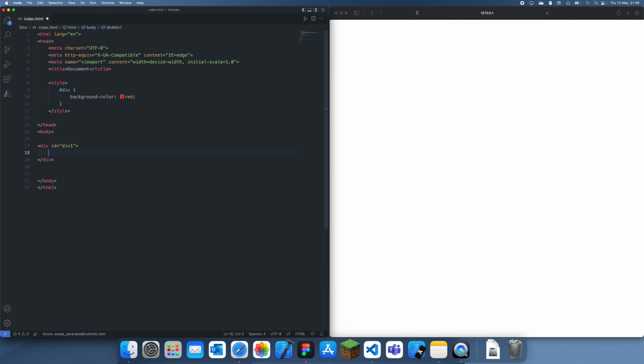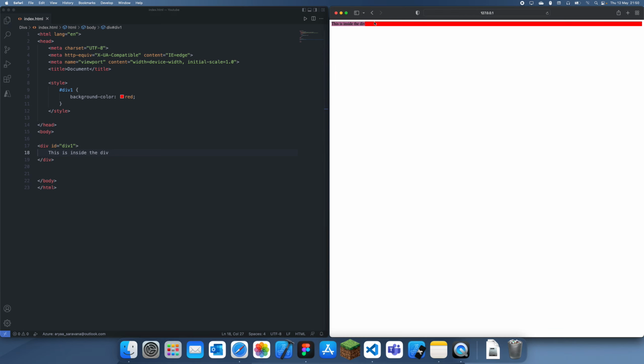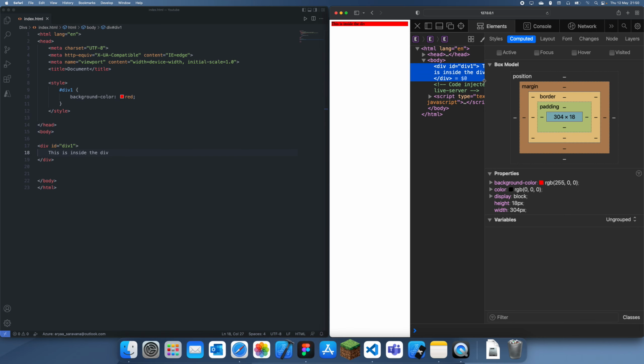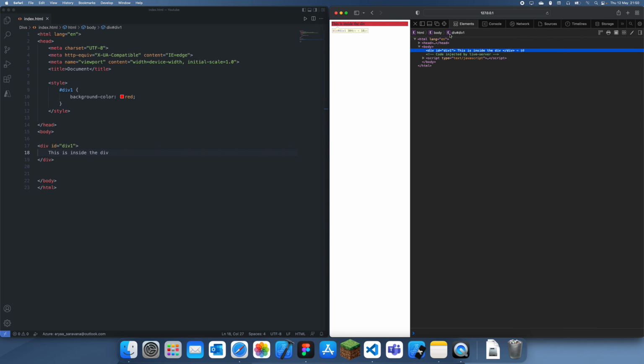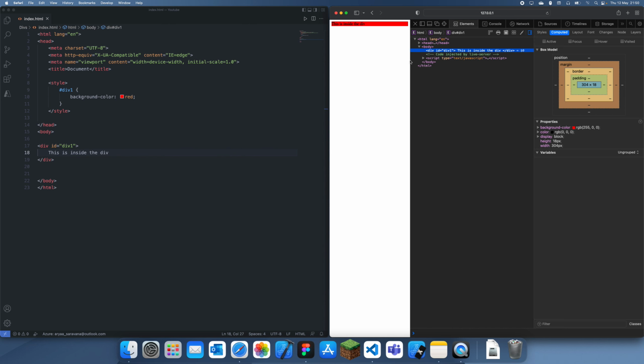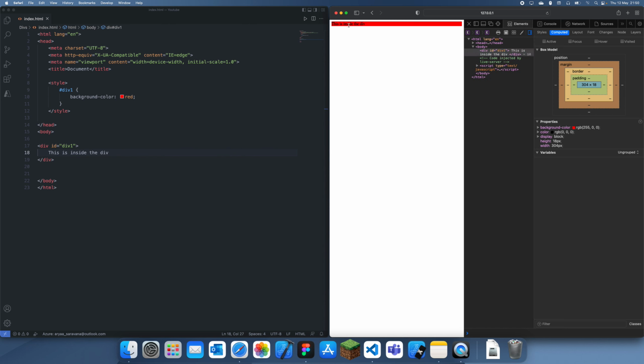So you'll see if I put some content inside of this, like this is inside the div, then you can see, oh, what have I done here? Oh, I forgot to change that one. Let me get rid of this content. So you can see that there's nothing there, but when we add content, it comes up, and the div only fills up to where the content is. Let me make this a little bit smaller. Until you add content, the div is only going to be the size of the content inside of it,